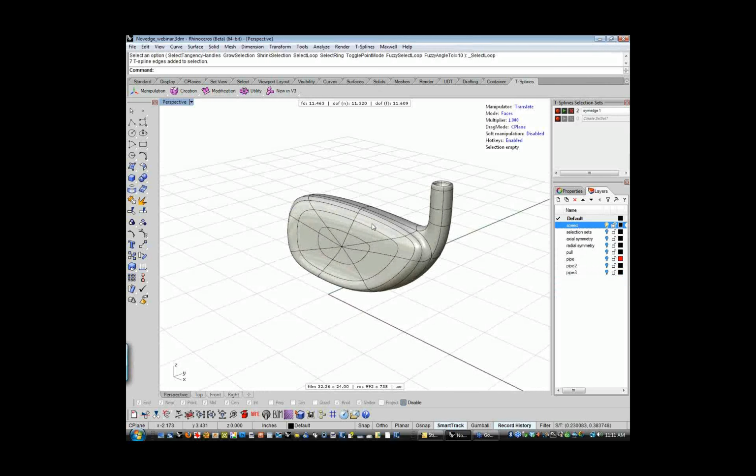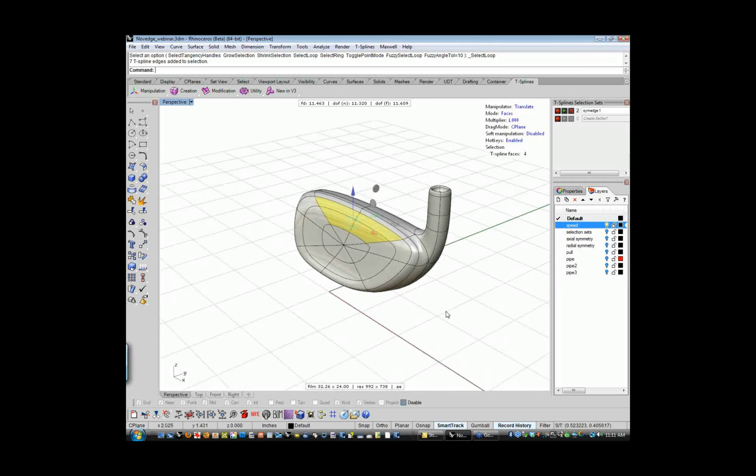Kyle, just before you jump in, I did mention that we're not going to introduce everything about T-Splines, so if you want that background, you can watch one of our recorded webinars. But if you have any questions at all, go ahead and type them in. We've got some people here that will respond while Kyle's going on. Absolutely. And also, if I'm doing something and you have a question about it, go ahead and throw that in there. If it's something we can work out and do live, we'll be happy to try and address